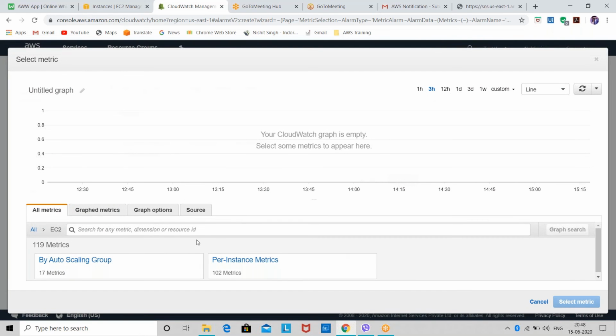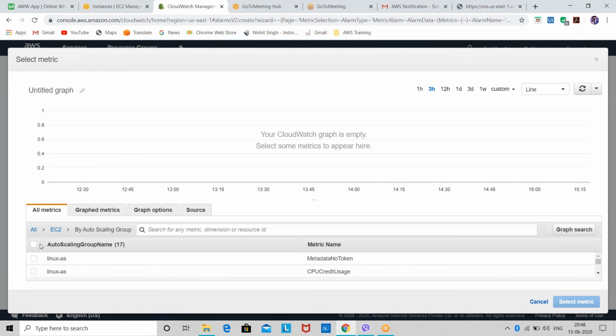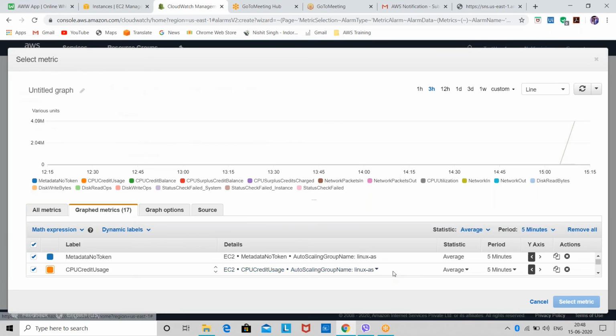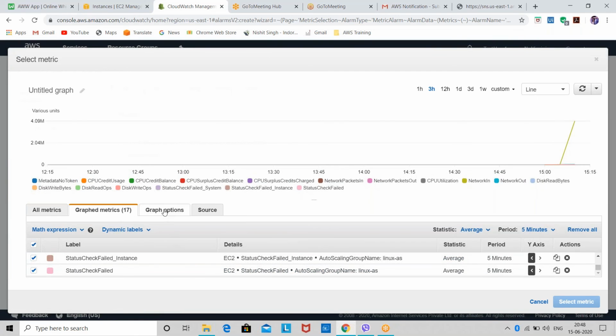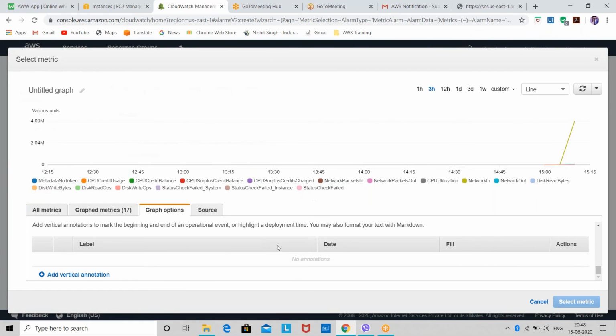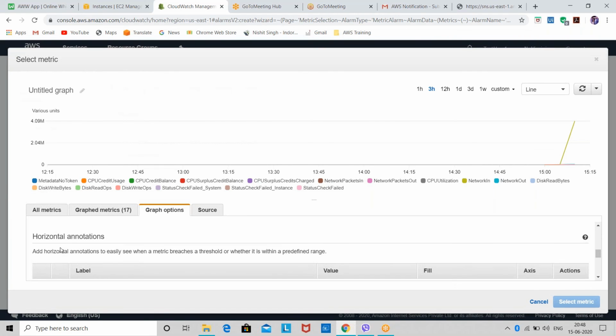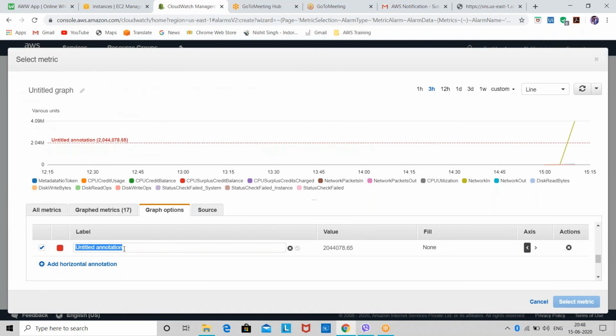I'm selecting it for the auto scaling group, like I have selected it. Then you have to give the horizontal annotation, like what kind of annotation you are giving.